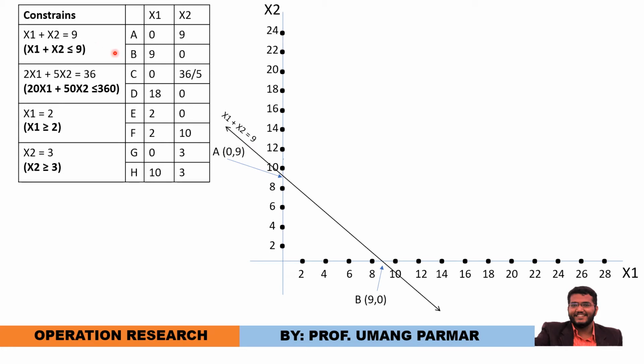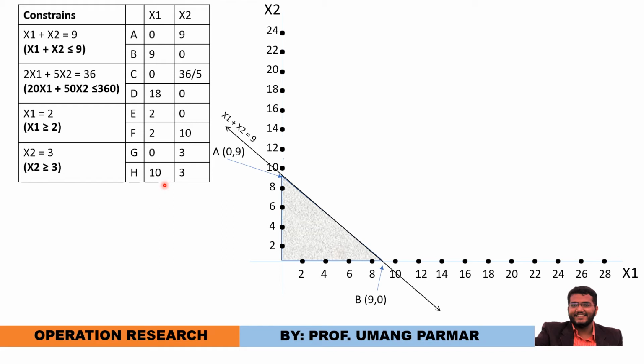But my original constraint is x1 plus x2 less than or equal to 9. So I need to mention the region less than or equal to. So here you can say that this shaded region is representing x1 plus x2 less than or equal to 9. If it is mentioned that greater than or equal to, then this side of the region would come in the solution. But right now it is less than or equal to, so we can say that the left hand side portion will be the solution. I am not mentioning the other 3 quadrants. The reason is my x1 and x2 are greater than or equal to 0.